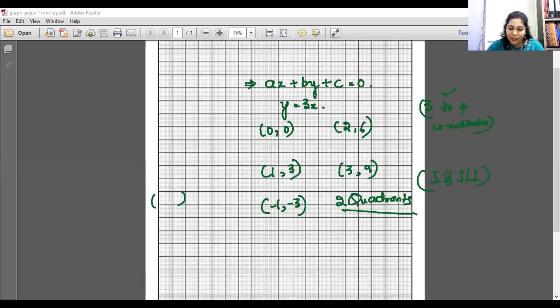Students, if you just see, these are all positive, positive. You are well aware of the quadrant division, correct or not? Yes, ma'am. Okay, so in the very first quadrant, both will be positive. In the second quadrant, it is negative, positive. Here it is negative, and again here it is positive, negative.